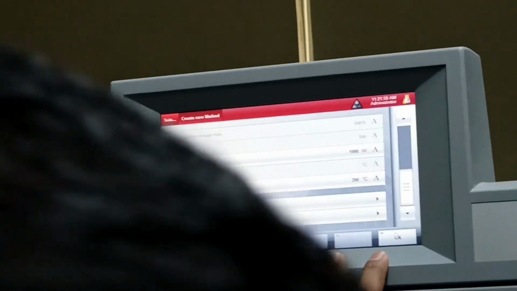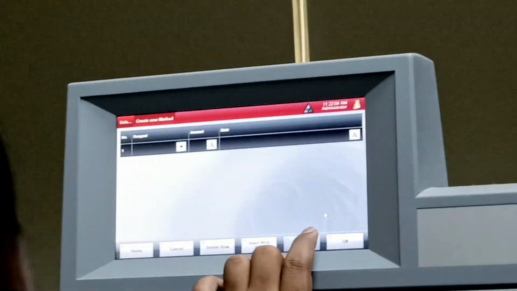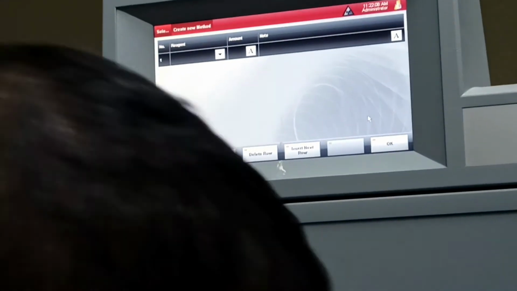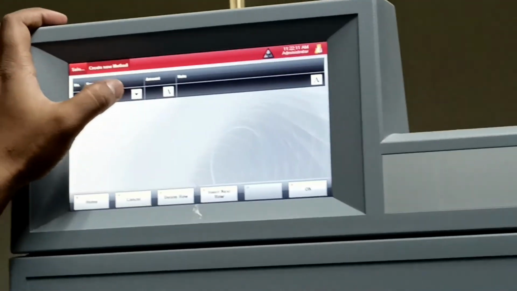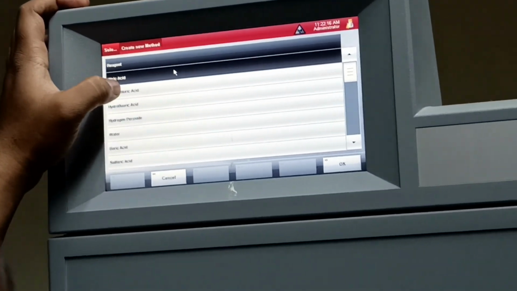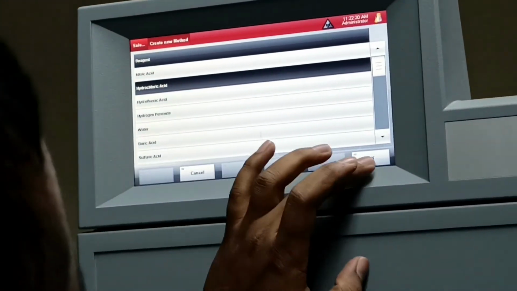Now you see recipe. Recipe is basically the acid which you are using for digesting the sample. We are using hydrochloric acid and nitric acid. You can put it down.